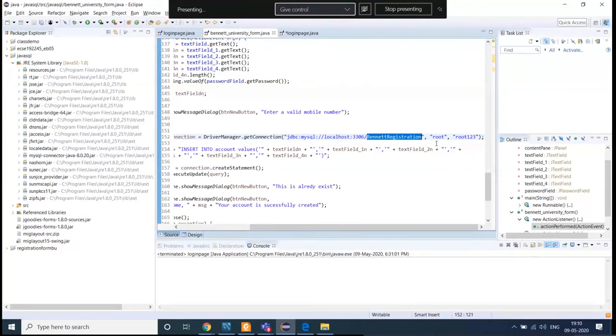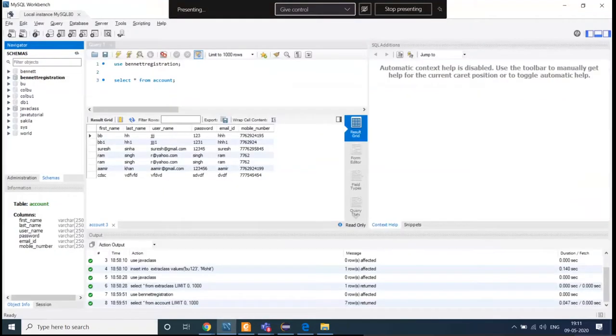any person can basically access your database. So for that, that person should know and should have an idea about your username as well as password. If that person does not have an idea about your username as well as password, he or she cannot access your database. So that is why I have written root over there. I can show you, so this is my root.